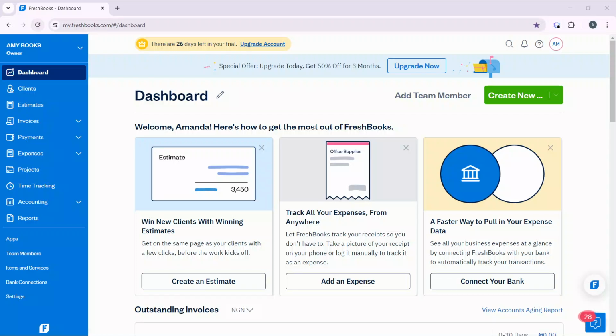Hello, in this tutorial, I'll show you how to change date format in FreshBooks. Now, the first thing I'd like you to do is to launch your FreshBooks account, which of course I have